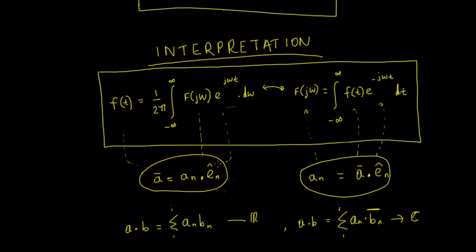Over this end here we're looking to find our values of an. So that A is the same as a function, an is the same as this function here, and the e hat n is the same as your orthonormal basis here. We find the values of an by taking the function f of t, which is that function there, and we do the dot product, but this is the dot product here with our orthonormal basis e to the n. So that then gives us our values of an, which is our